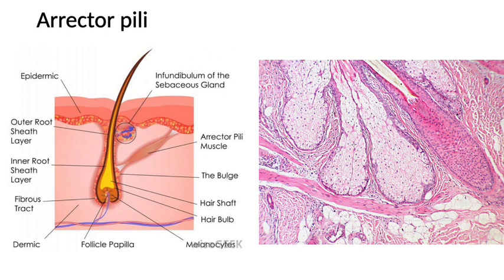Right side picture is the histology, book में से लिया हुआ है, वो H&E staining किया है. This you can see is the root of the hair, and this you can see the smooth muscle. See how it is going obliquely. This is a smooth muscle, that is the erector pili muscle.